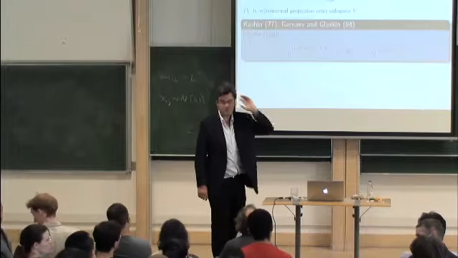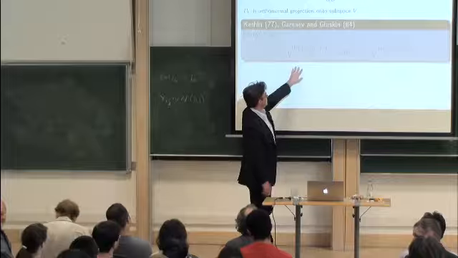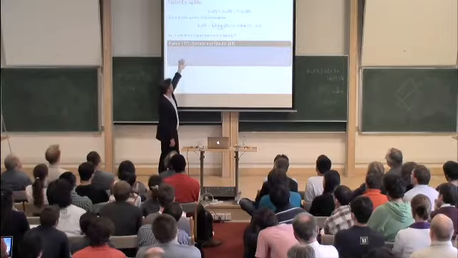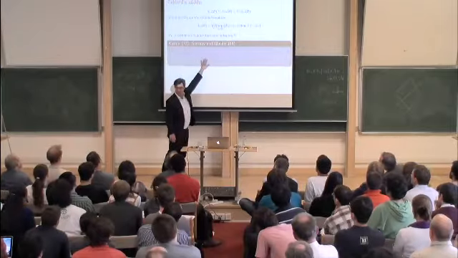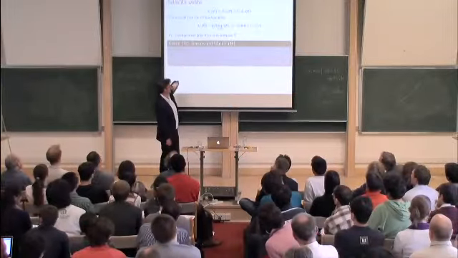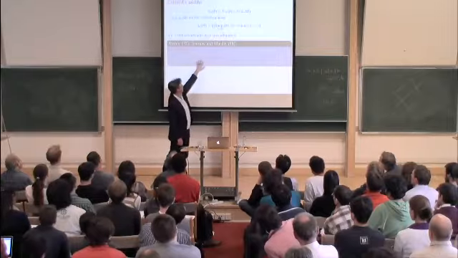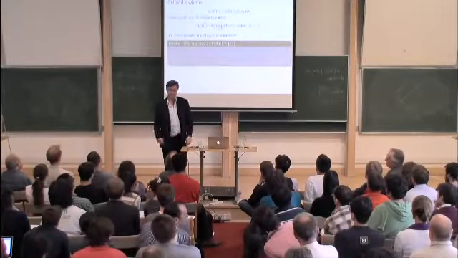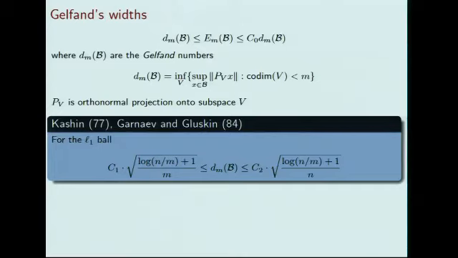I don't know. This was considered to be a major achievement, to actually get this lower bound and this matching upper bound to within a constant. Kashin did not get exactly this upper bound right. That was considered to be a very spectacular achievement. Then they got this, and whether C1 is any good, I don't know. But that's a good question.